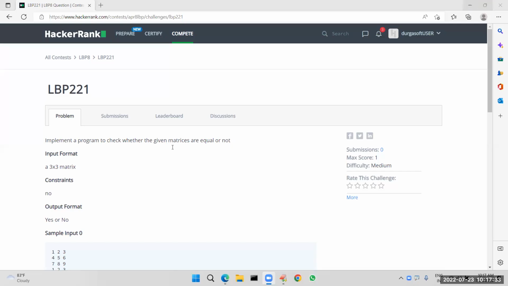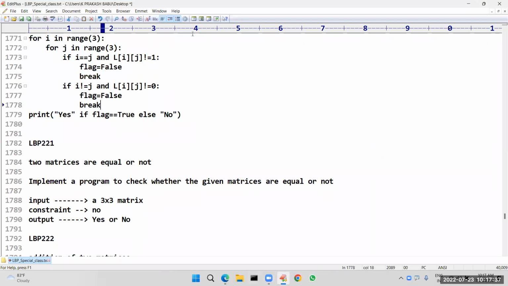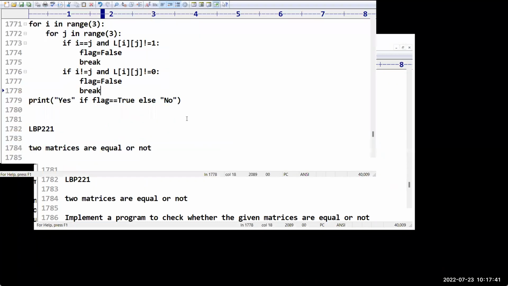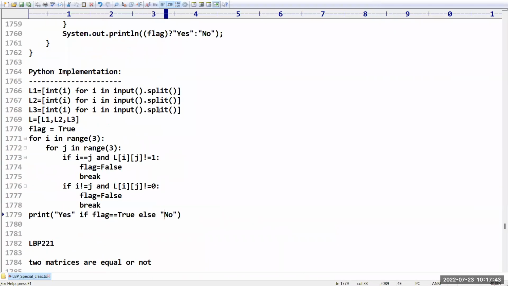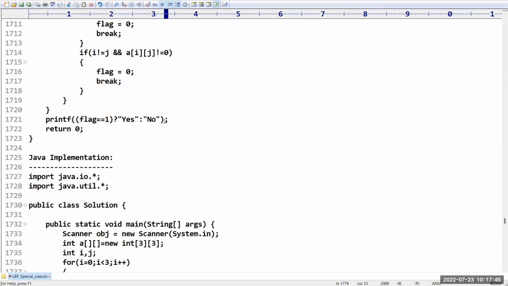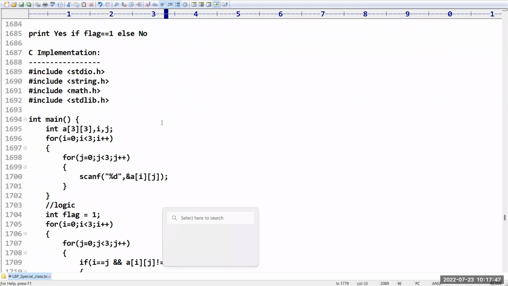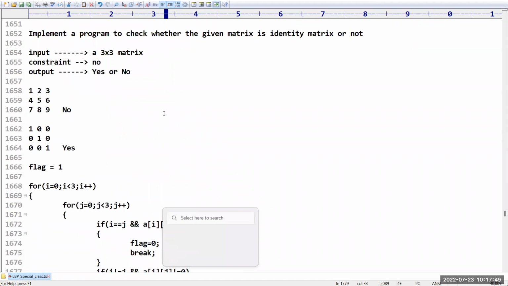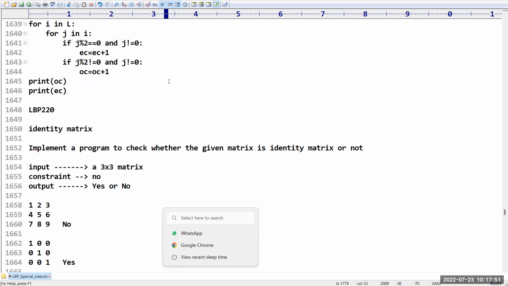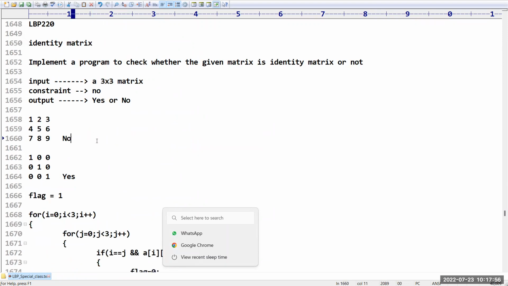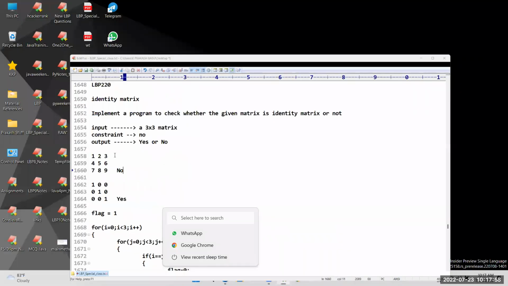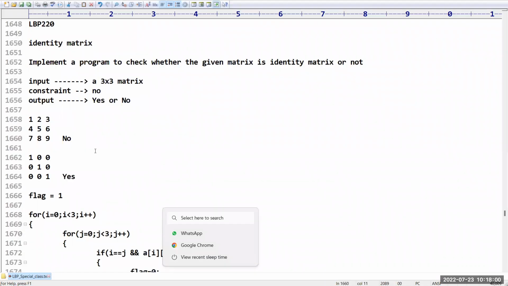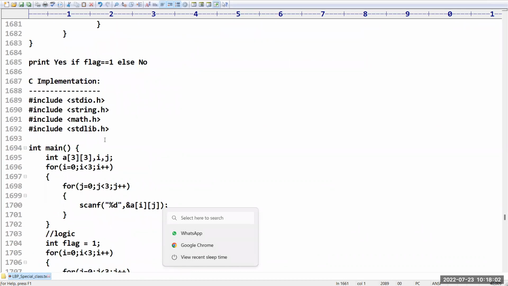Sir, in the last video, we discussed very clearly up to LBP number 220. So what is that program? You can see here, identity matrix. Whether the given matrix is identity matrix or not, we have verified. Sir, now as a part of continuation, today we are going to talk about LBP number